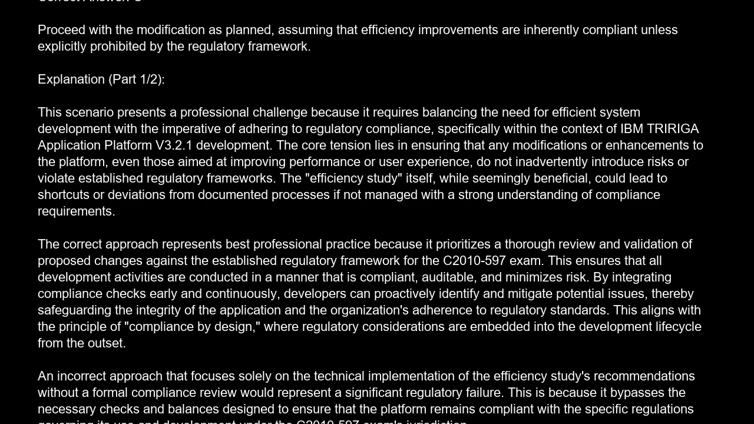The correct answer is C. Proceed with the modification as planned, assuming that efficiency improvements are inherently compliant unless explicitly prohibited by the regulatory framework. Explanation. This scenario presents a professional challenge because it requires balancing the need for efficient system development with the imperative of adhering to regulatory compliance, specifically within the context of IBM TRIRIGA application platform v3.2.1 development. The core tension lies in ensuring that any modifications or enhancements to the platform, even those aimed